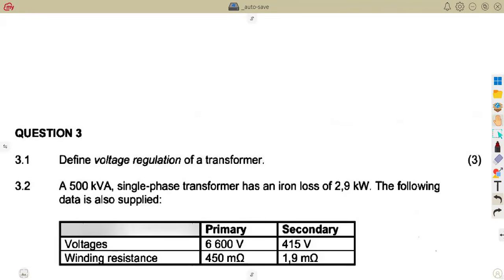As you can see, this is just a revision here. Define the voltage regulation of a transformer. As we know, this is the rise or fall in secondary terminal voltage when the load is removed and the applied voltage remains constant, or remains the same. So that is simply the rise or fall in secondary